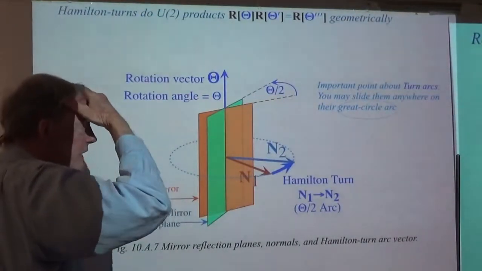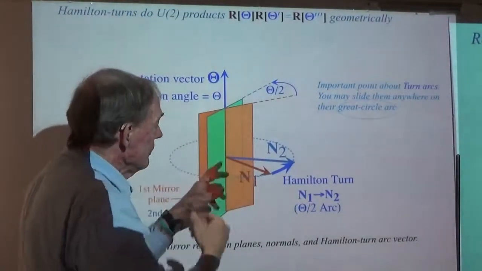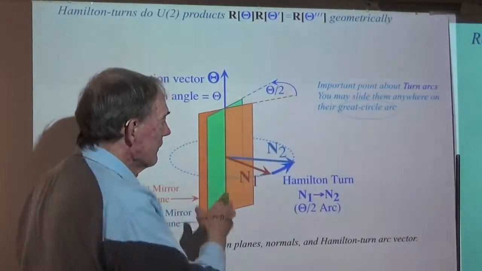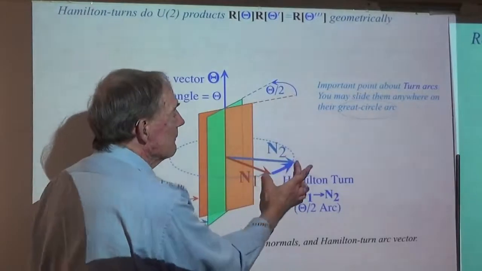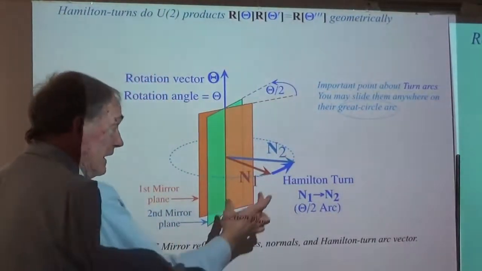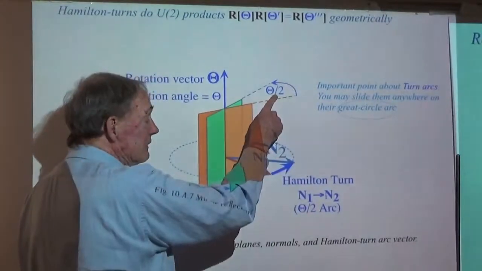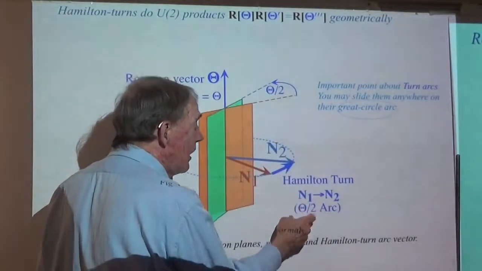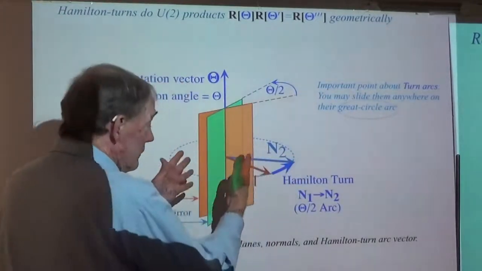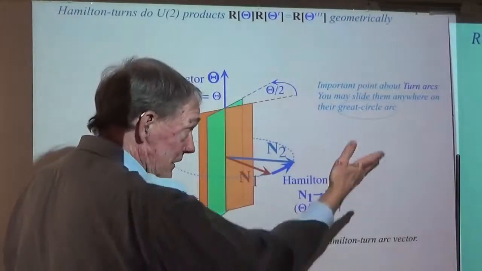We're actually creating here, due to these two normals, okay? You can think of imaginary normals coming out, and you're going to measure the angle between them, you see. That angle is this angle. That's the Hamilton turn arc, a theta over 2 arc, which will, when you look at the mirror, as we